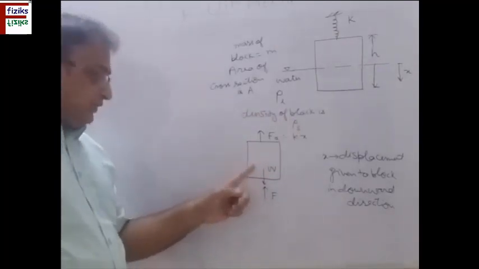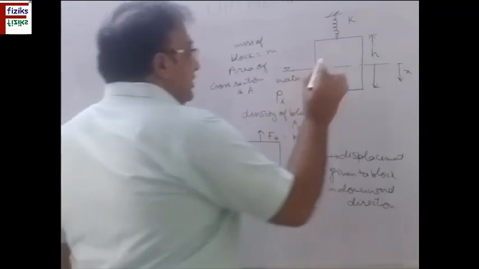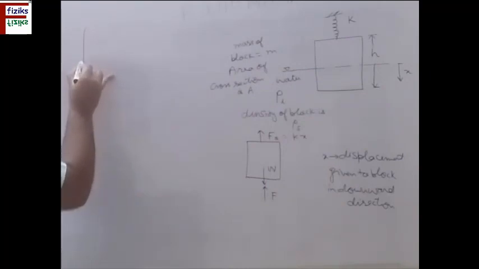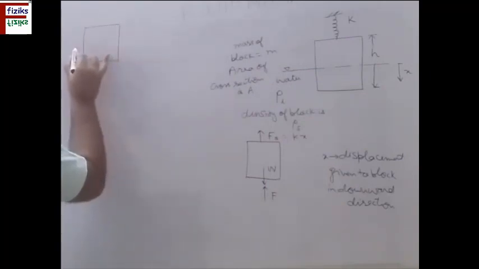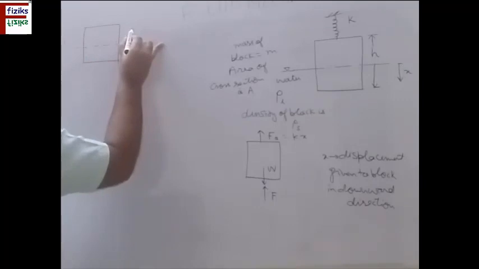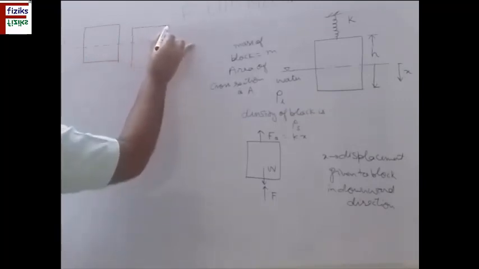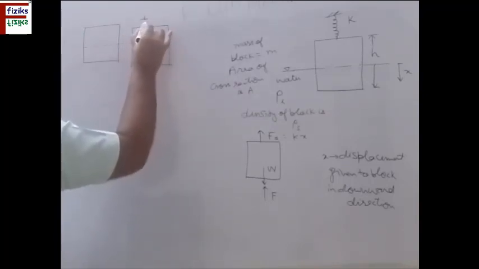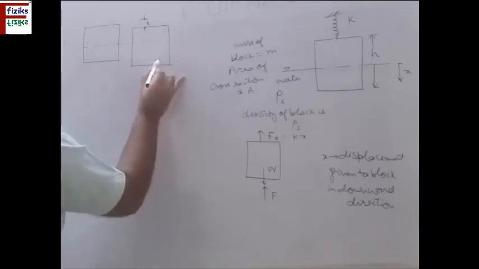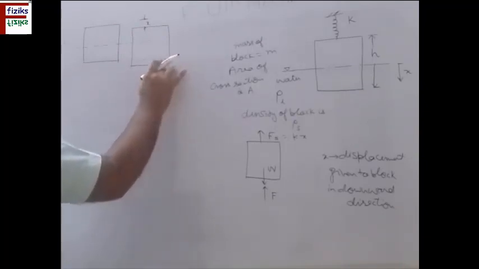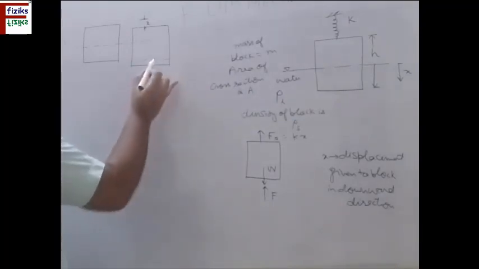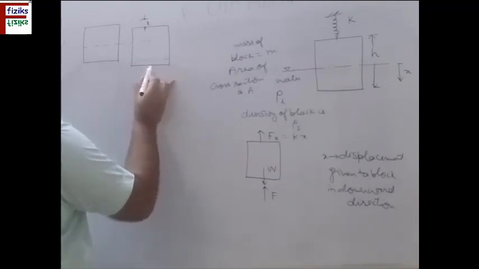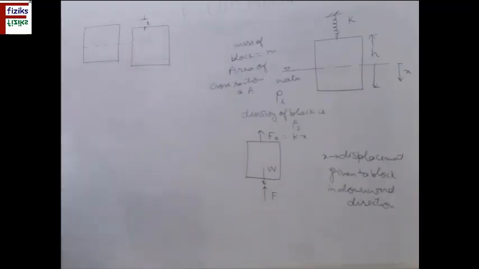The weight remains the same, and there is a change in buoyancy force. Why is there a change in buoyancy force? This is the initial position of the block, submerged partially, and now suppose I give it x displacement in downward direction. So this displacement is x. So this much portion has been additionally submerged in water, so there will be a change in buoyancy force which is equal to the weight of the displaced liquid, equal to this much volume, the additional volume of the block.